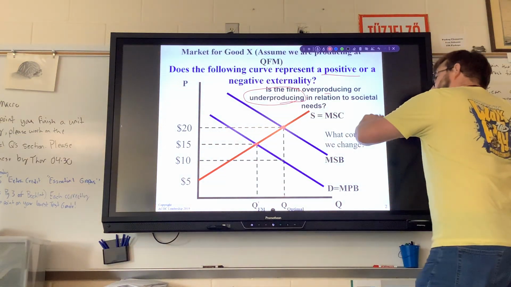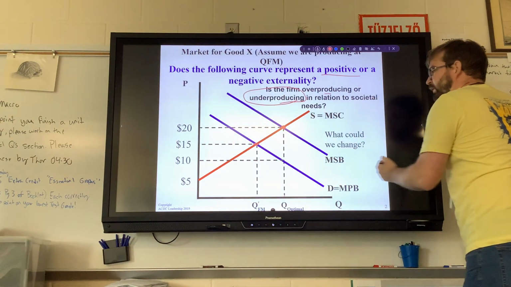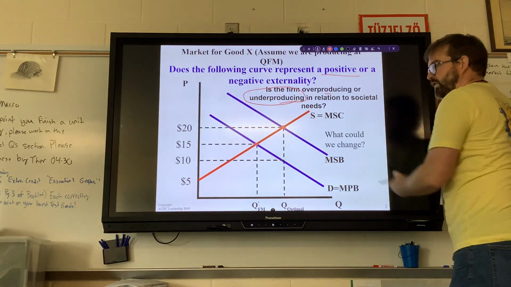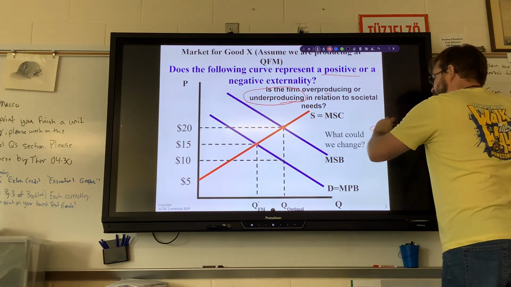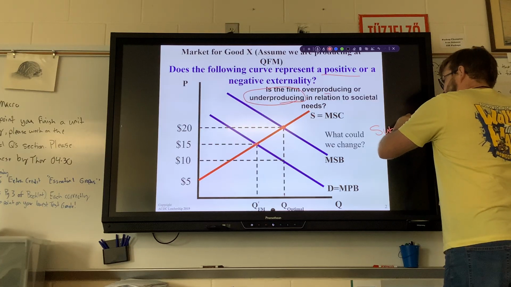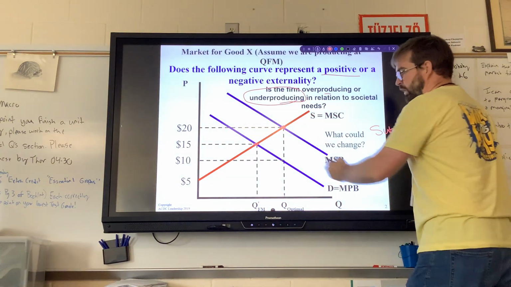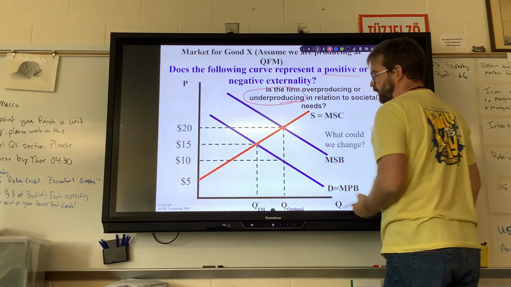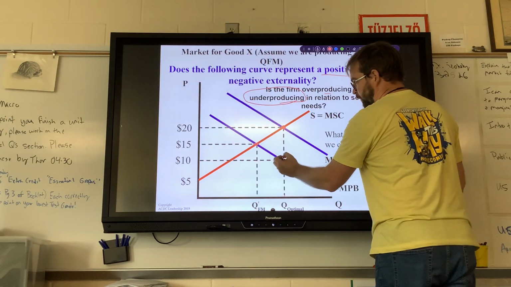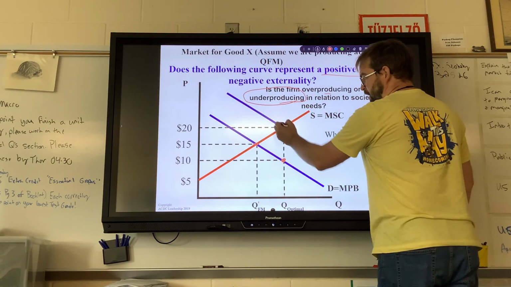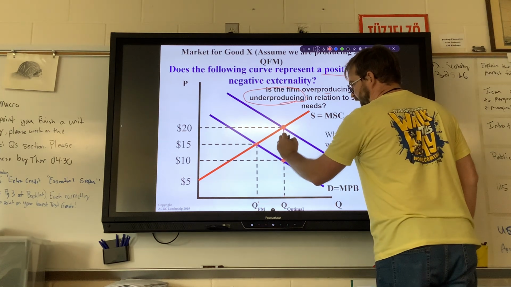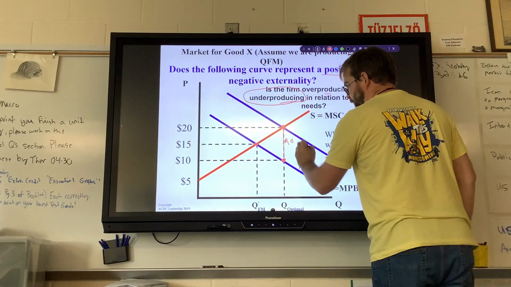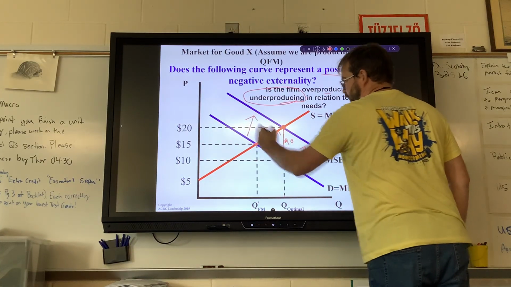And so then the final piece of this puzzle is, okay, well, what would we change? Would we tax or would we subsidize this good? If we're trying to encourage the production of it, we would subsidize it. And if we're looking at how much we would subsidize it, we're looking at the distance between these two curves, right? So at this Q optimal, the price is 10, the social benefit is 20. So if we subsidize this good by $10, that would push up the private benefit to meet the social benefit,